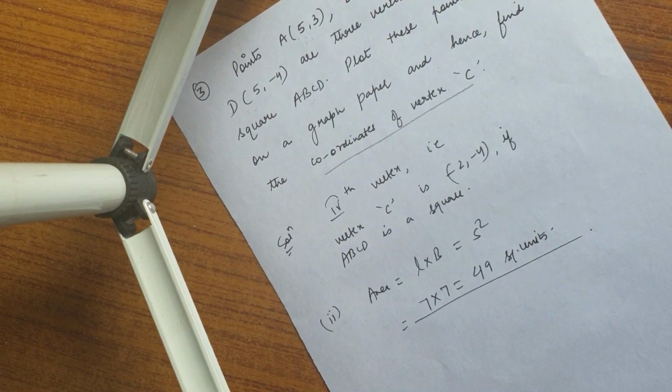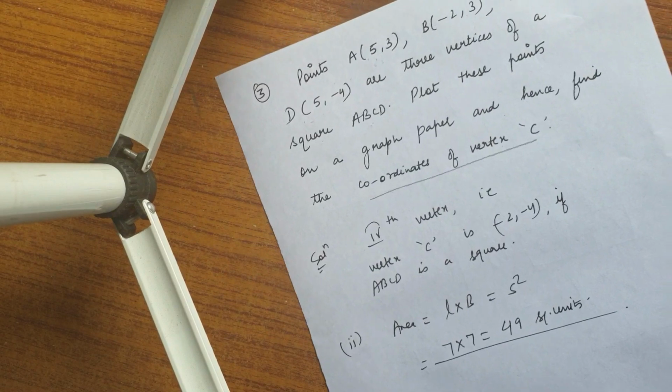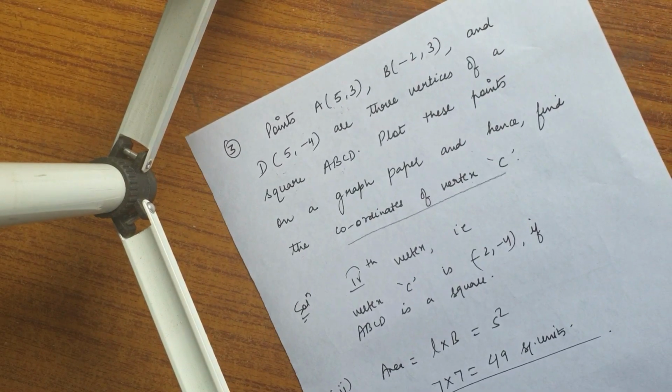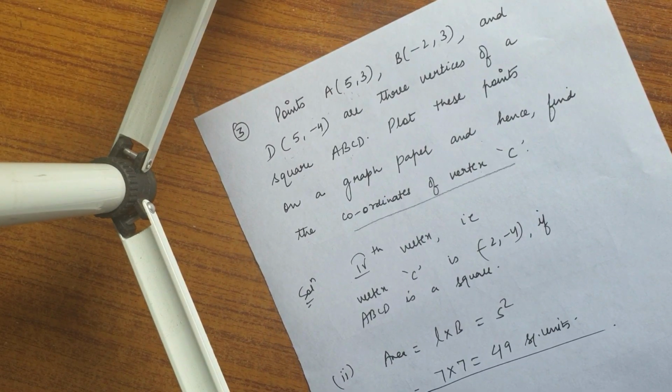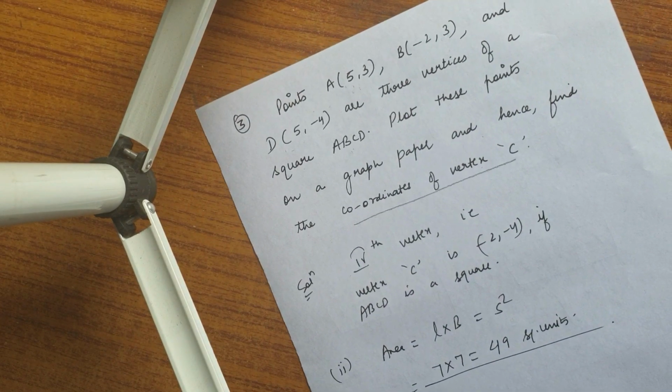I hope children you got what are the types of questions that are covered in your coordinate geometry class 9th. It is a very easy chapter. Just go through these questions again. I'll send you the questions, practice those, and trust me, your coordinate geometry chapter is over here. Don't worry, if required, I'll take one more class and we will do a few more questions related to this topic.